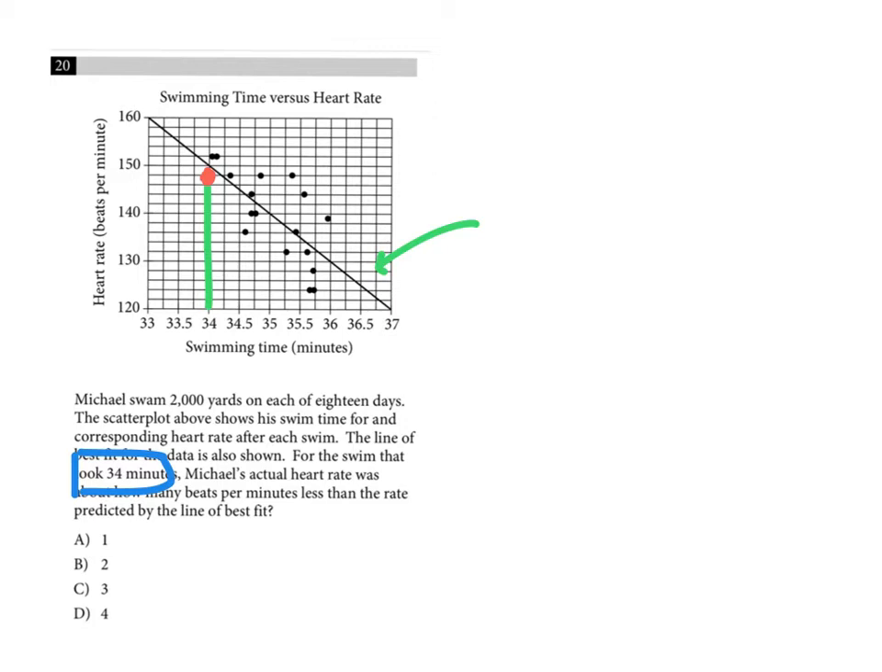Well, this is the actual point for the 34-minute swim, and his actual heartbeat appears to be, if I'm reading this graph correctly, 148, because it looks like from 140 to 150 there's 5 lines, so each line represents 2, so that would be 142, that would be 144, so it looks like it's actually going to be 148 is the actual, and the question says Michael's actual heart rate was how many beats per minute less than the line